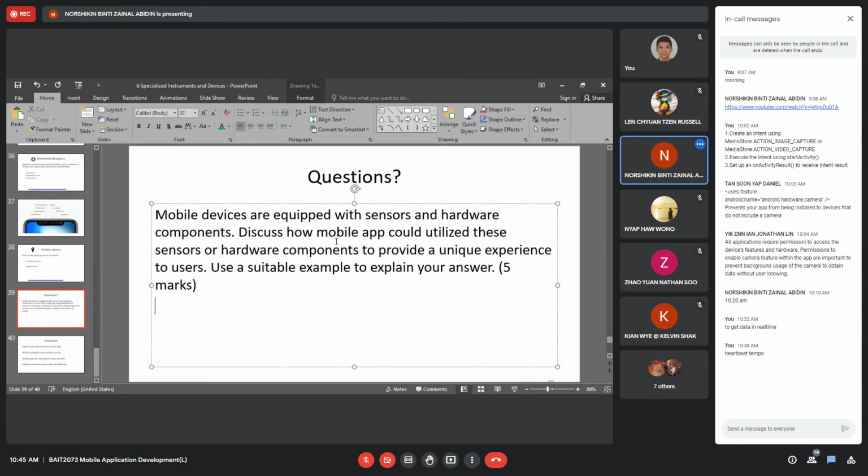Mobile app, sensor. I cannot think of an example, but the one that I can relate is my friends' FYP project, the one I mentioned.